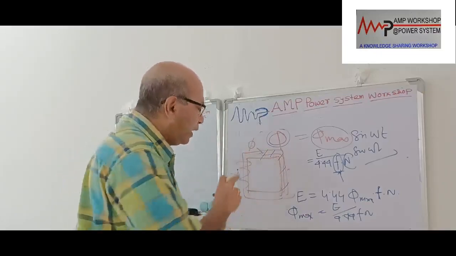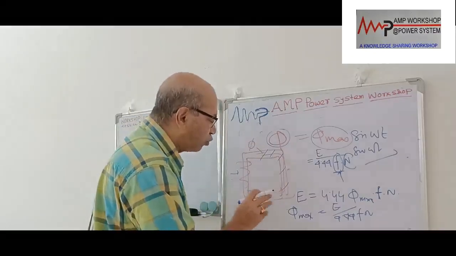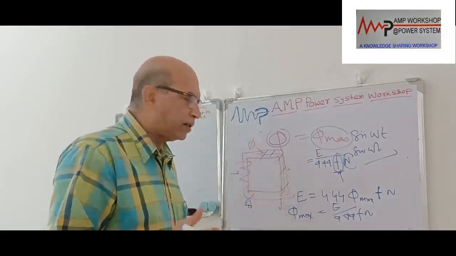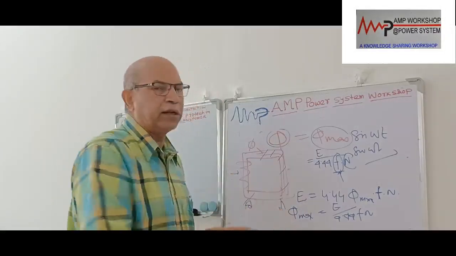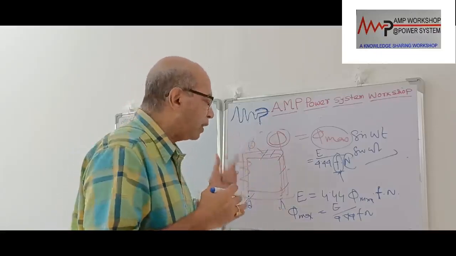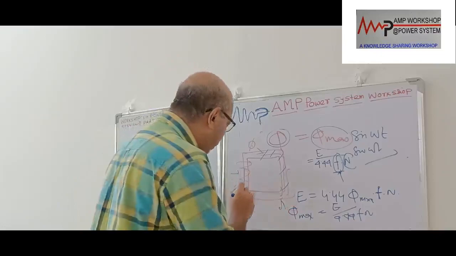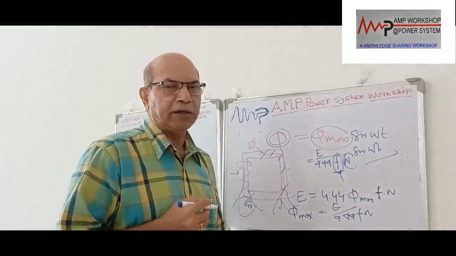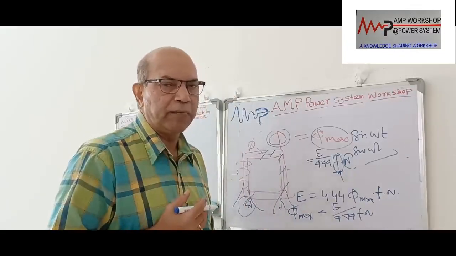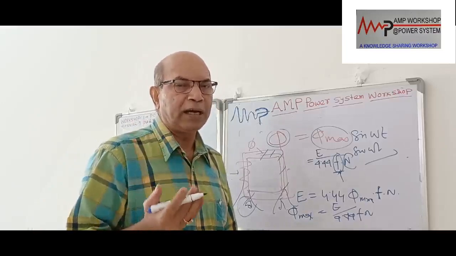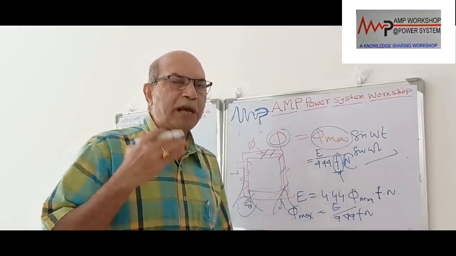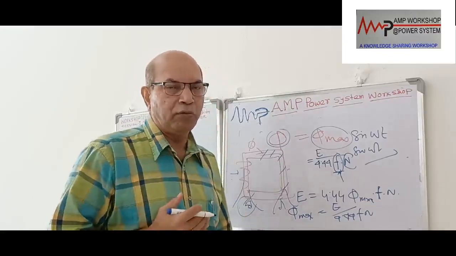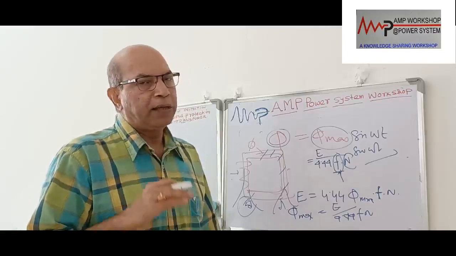That is one point. Due to overfluxing in the core, some of the flux will leak from the core and go to the mounting bolts, mounting frame, all steel body, steel structure. All of these will be subjected to this additional flux. That means due to high flux production in the core, some of the flux will leak from the core to outside, and that will link with all the other metallic hardware used for core mounting or transformer winding mounting. That will also produce eddy current and heating. So ultimately the transformer will be severely overheated. So working a transformer with a high power frequency voltage at a lower frequency will be very severe for the transformer operation.